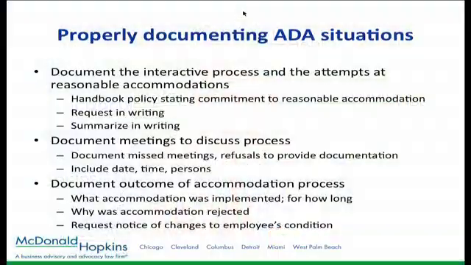Miriam, Nicole, myself to a degree today have all been harping on the need for properly documenting ADA situations. It goes back to Employment Law 101, right? Documenting what is occurring, whether it's the medical documentation, our follow-ups with the employees. We are documenting this process the entire way because that will be our evidence that we did in fact comply with the ADA and its accommodation requirements.